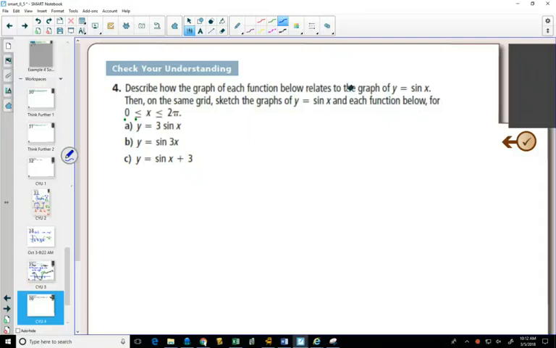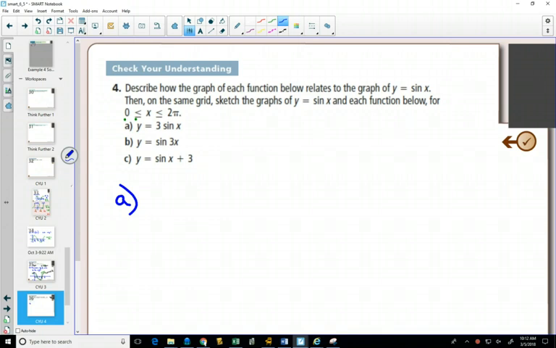In example 4, A and B are a review of things that we did in examples 1 and 2. And C is the first time where we get to see what a vertical translation does to a sine and cosine graph. So starting with A, and again, these ones say graph between 0 and 2 pi. I'll graph at least one period, so I'll put the arrowheads on the ends, but you could just go from